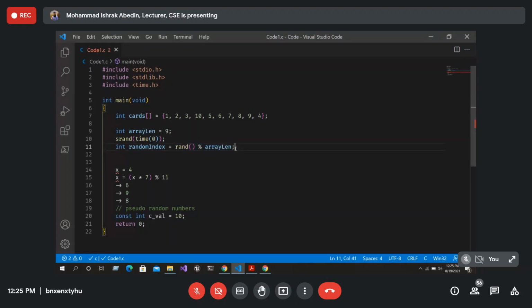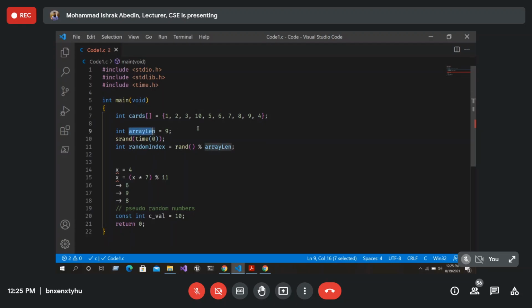Now tell me a value between 0 to 8. So it can be 5. It can be 5. Okay. So 1, 2, 3, 4, 5, 6. This is the sixth element, right? Because you have said 5. 5 is the sixth element. Yes, sir. Okay, we'll show 6 to the user and swap it with the element that's at the array length,